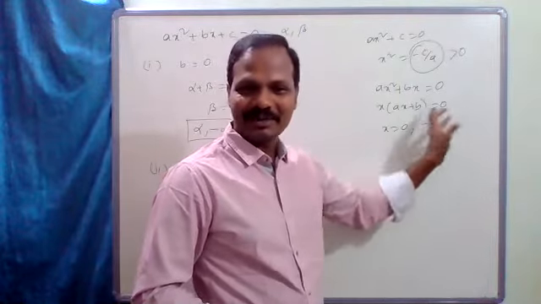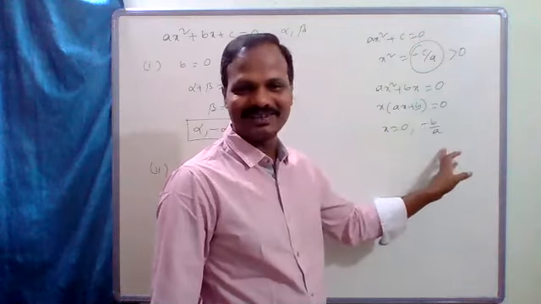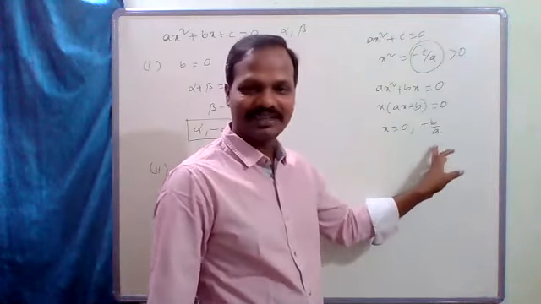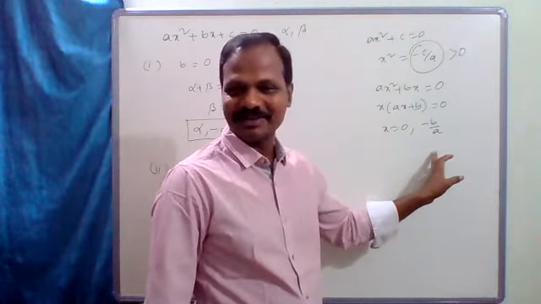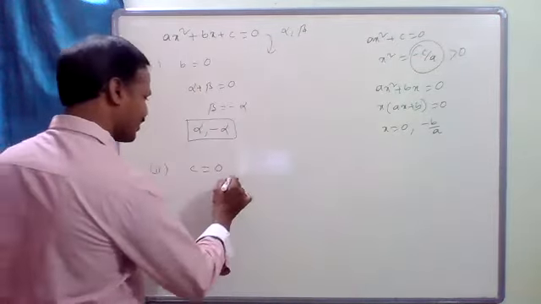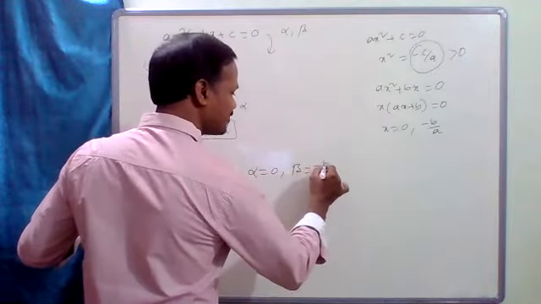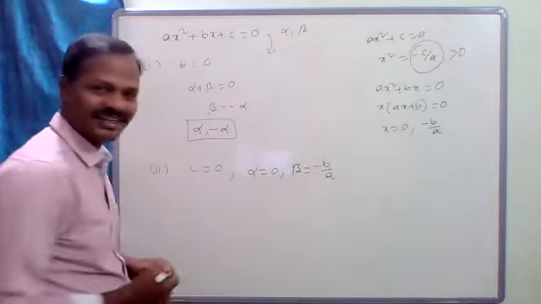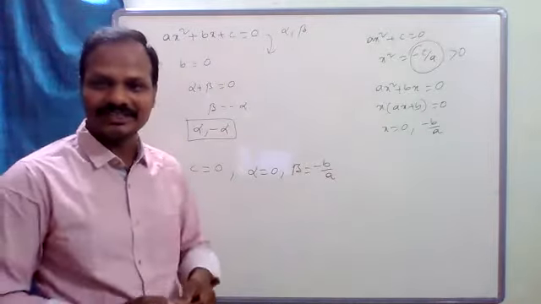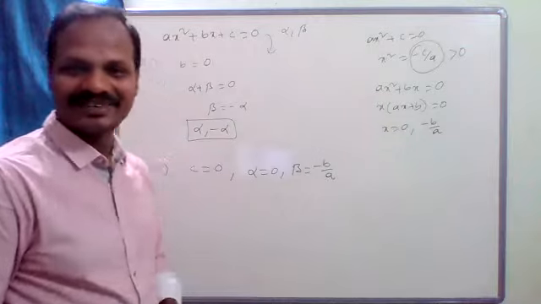Don't think like this. Of course this is the sum of the roots, but this is the root value, minus b by a. Don't say like that. One of the roots is 0 and another root is the value minus b by a. Of course it is the sum of the roots too, because one of them is 0, so the sum of the roots itself is minus b by a. Okay, fine.